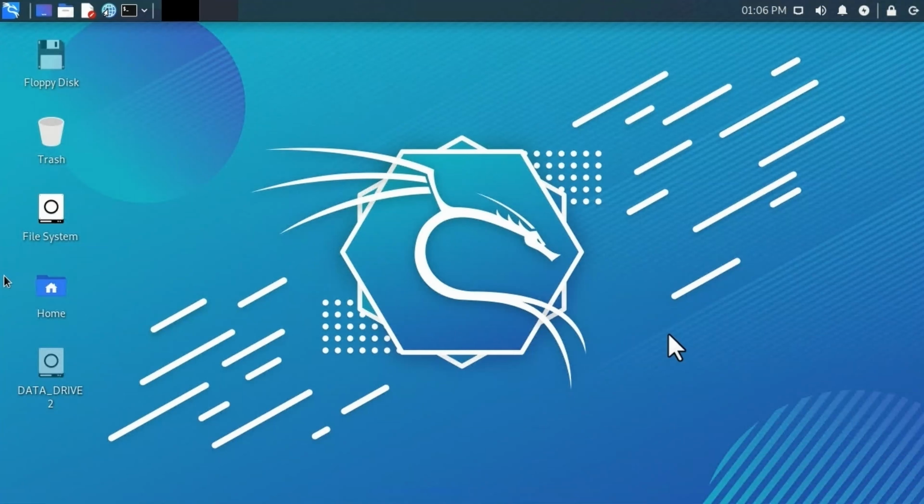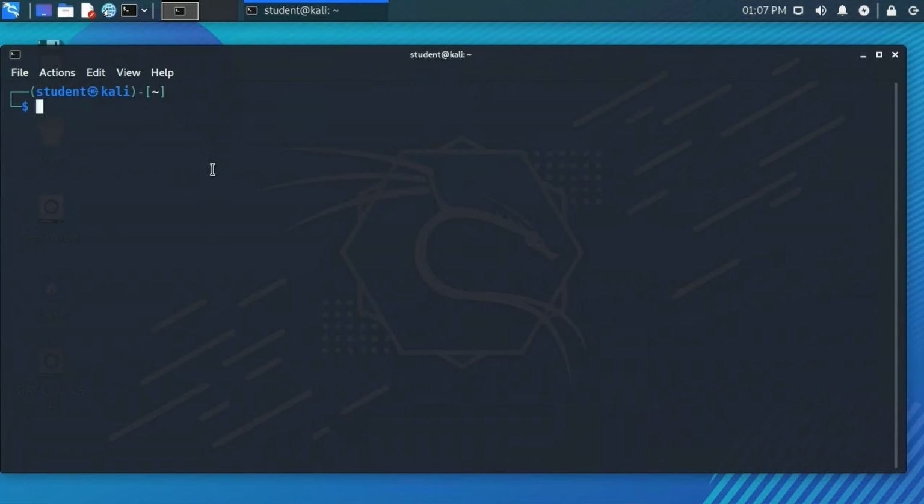In this demonstration, we'll take a look at how to perform host discovery with Nmap. Now, I'm already logged into my Kali Linux system. Let's go up and launch a terminal. Once in the terminal, the first command that I want to show you with Nmap is we can do an